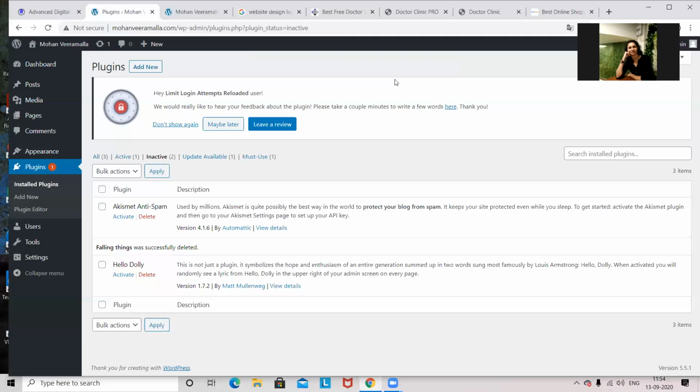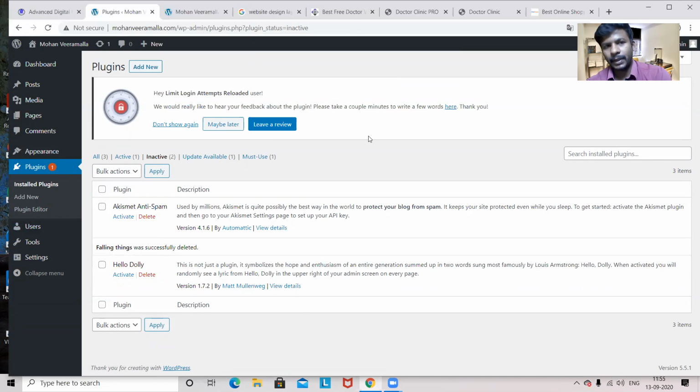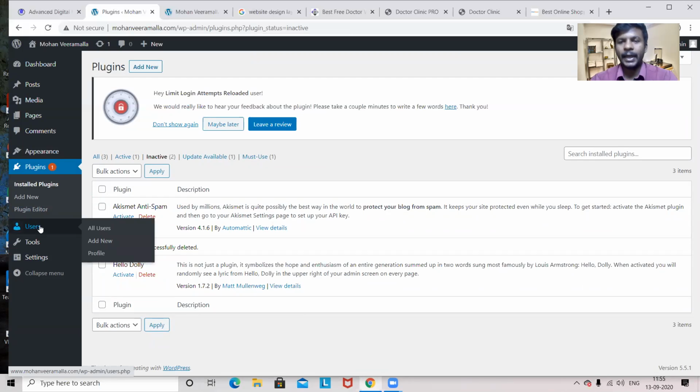Yes, sir. Okay. Here, the next option we have is called users. That means, see, now I'm the admin, I'm the user. If you want to give permission to some other person, why? Because when I'm using it, if somebody is using the same credentials, that means same username and login, automatically my session will get logged out. Why? Only one access is available as of now. If you want to work from multiple places or with multiple people, then you have to create a user. Simply add a user by giving an email ID. Then he'll get a notification. There he can also work on your website simultaneously.